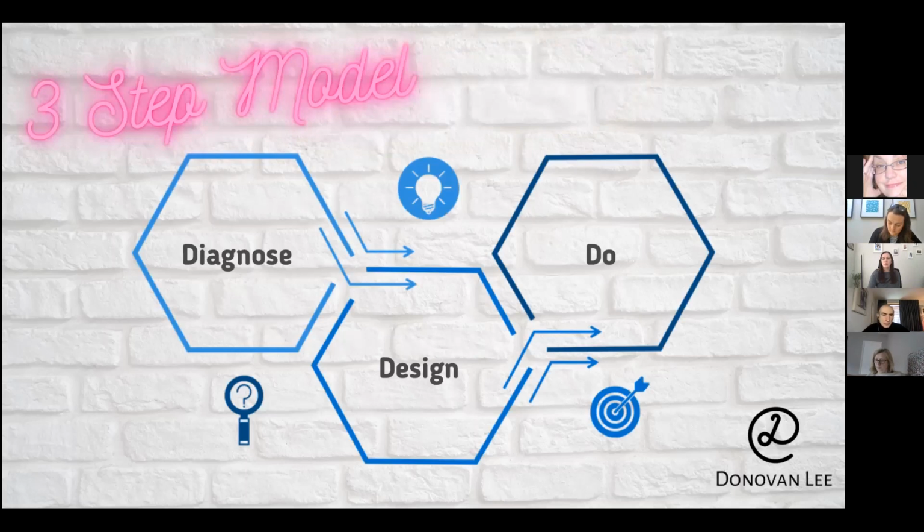So we'll jump into the 3-step model. The first step is diagnose, and it's all about bringing your habits into your awareness. We're going to work on your own strategy today as our next exercise for breaking that habit. Your second step is the design, and that's where you design the strategy that's going to facilitate the elimination of your bad habit. And then the third step is implement. You just start doing it. So there are your 3 steps.